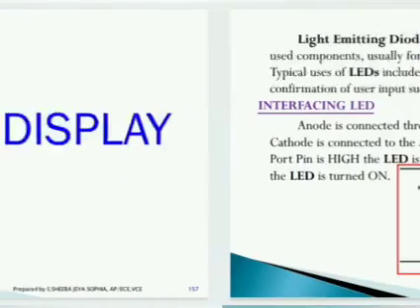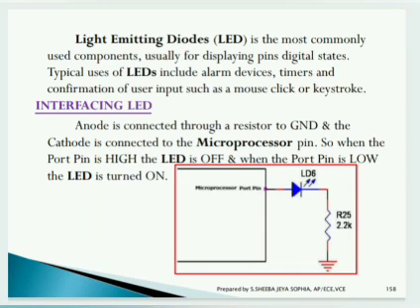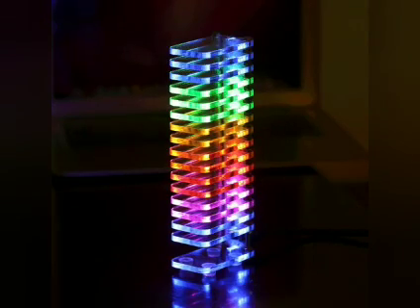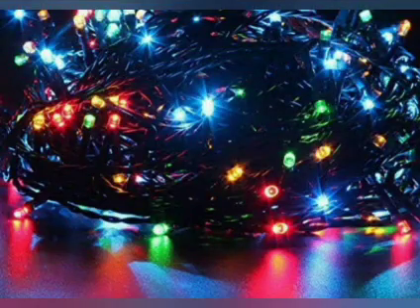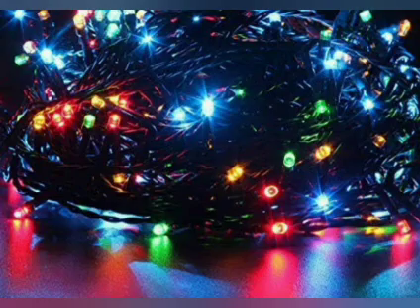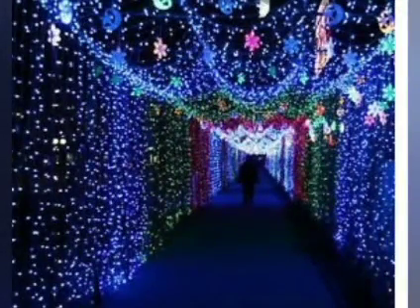Moving to the next example, the LED display. LED means light emitting diode, and it is the most commonly used component for displaying. You can see the LED display in all display devices like alarm devices, timers, mouse click, LED light and all blinking. You might have noted. Yes, what is the connection lying behind this? This LED is interfaced to the microprocessor port for displaying. Whenever this condition is satisfied, the LED will start blinking, and whenever the condition is completed, it goes low. Yes, so that is one of the major real-time implementations which you can see in our daily life.